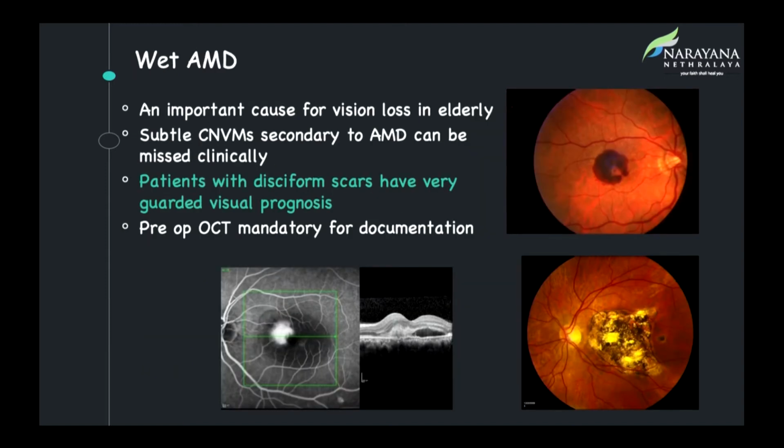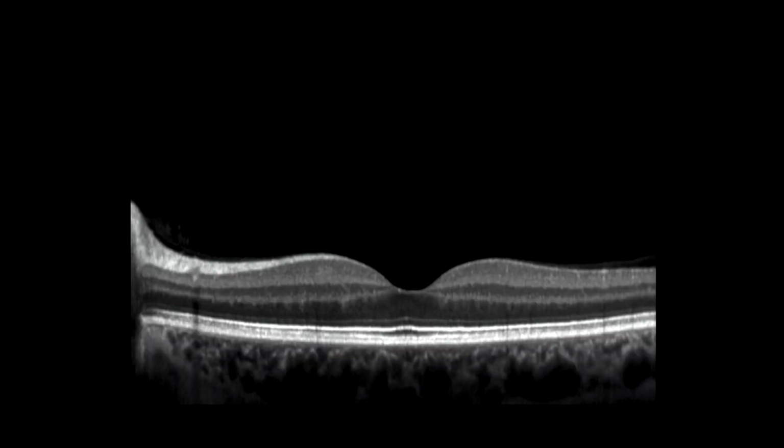Another important category is if the patient has wet AMD. Cataract surgery is done in elderly patients, and we also know that age is a very important risk factor for development of AMD. So if the patient has a macular pathology, it is very important to show them that you do have a macular pathology, which is a wet AMD or a PCV. And once cataract surgery is done, you would still require treatment on a monthly basis in the postoperative period. So it is very important to educate the patient and also show them how a normal macula would look.